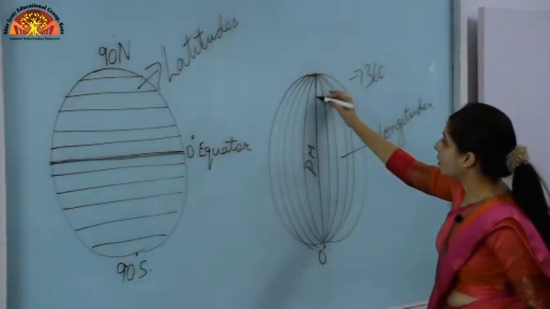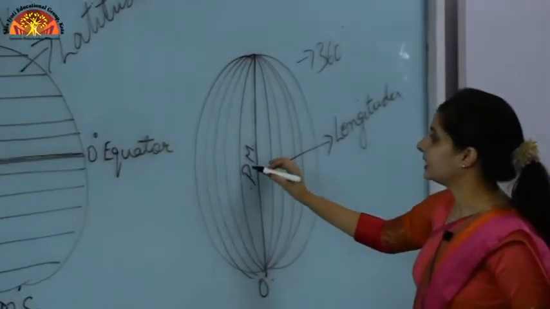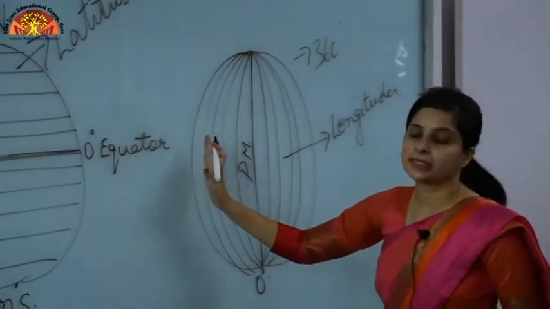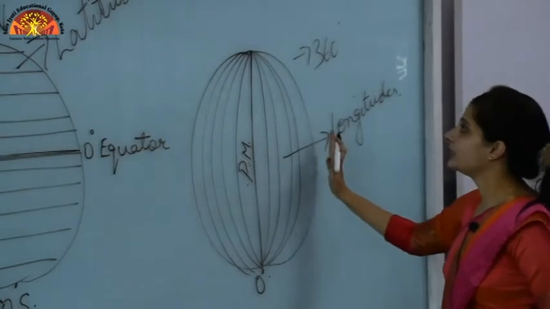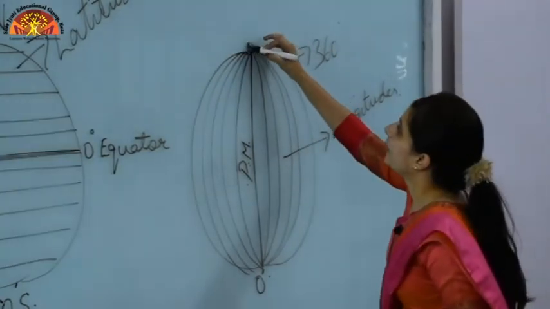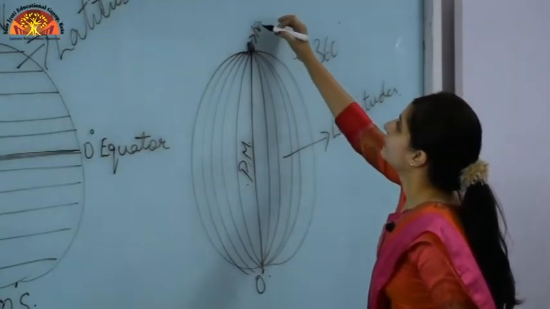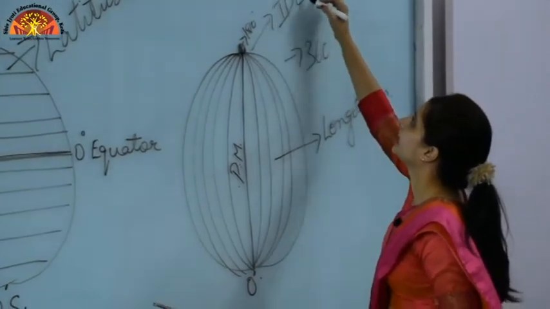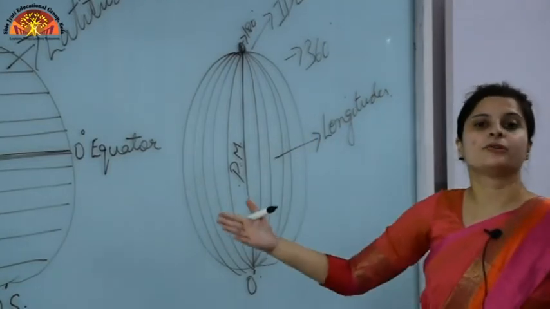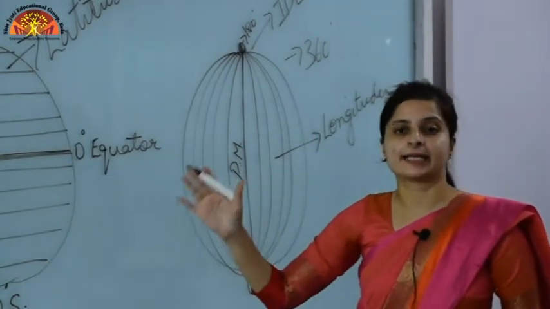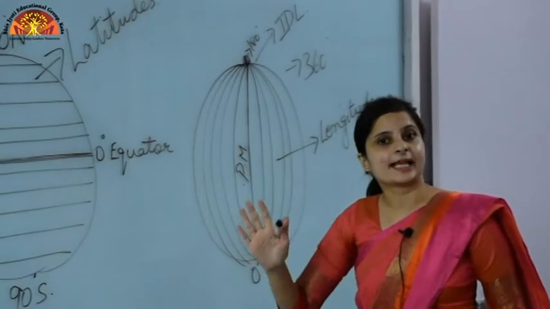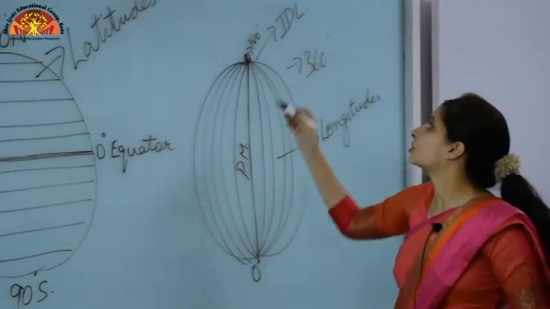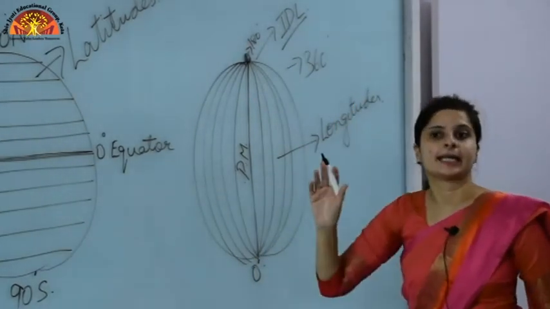Okay, and this is the longest longitude, which is the prime meridian. Now 180 towards the west and 180 towards the east meet at a single point over here. That is why it is said 180 degree east-west, which makes the international date line. On the opposite side of the world, 180 degree east and 180 degree west meet and form a single line, which is called the international date line.